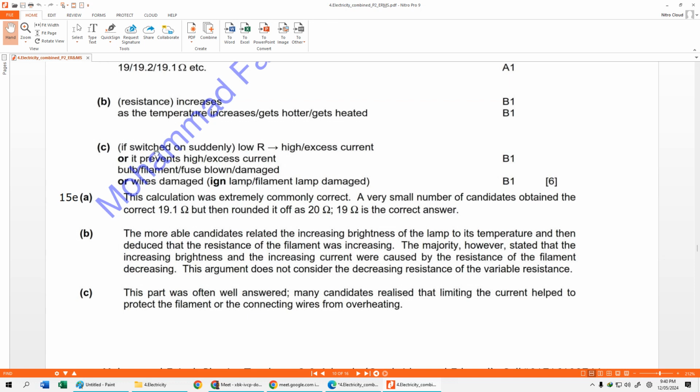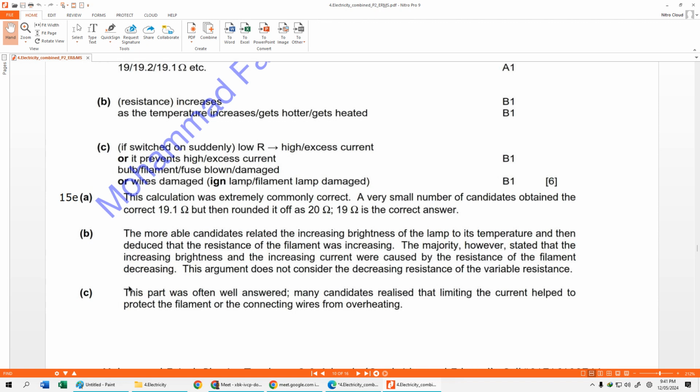So this is the cause that might, this is the effect that might happen, or if you say that doing that prevents the high current, দুইটা যে কোনোটা তুমি লিখতে পারো। ড্যামেজের পসিবিলিটি লিখতে পারো, অথবা আমরা গ্র্যাজুয়ালি কমানোর জন্য কোন জিনিসটা প্রহিবিট করতেছি, ইট প্রিভেন্টস দ্য হাই অর এক্সেস কারেন্ট, সেটাও লিখতে পারো। And that allows us to have the bulb or filament lamp or fuse blown or damaged যদি আমরা হাই এক্সেস কারেন্ট দিতাম, আর যদি আমরা হাই বা এক্সেস কারেন্টকে প্রিভেন্ট করি, দেন ওয়্যার ড্যামেজেস ক্যান বি অ্যাভয়েডেড।